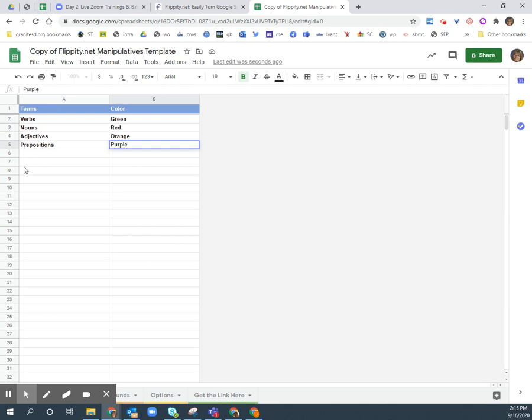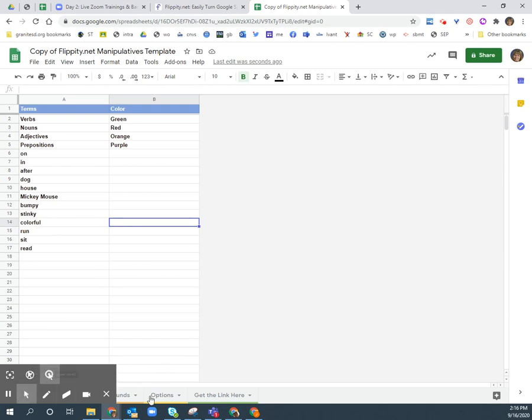And then I just want white ones. So for the rest of these, I'm just going to type some words, some that are verbs, some nouns, some adjectives, and prepositions. Okay, so I've finished putting those in, and now I want to go down to the very bottom of my